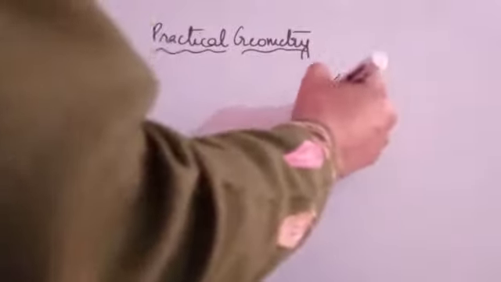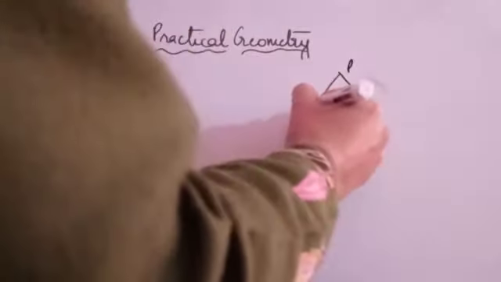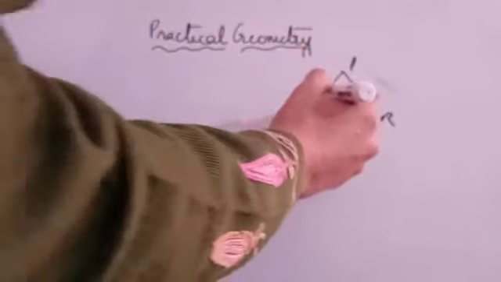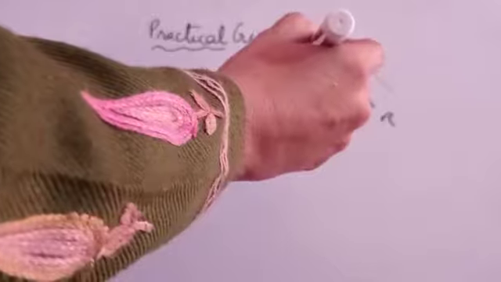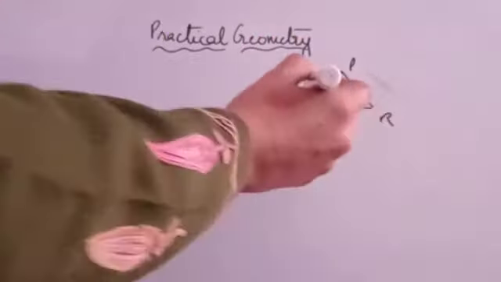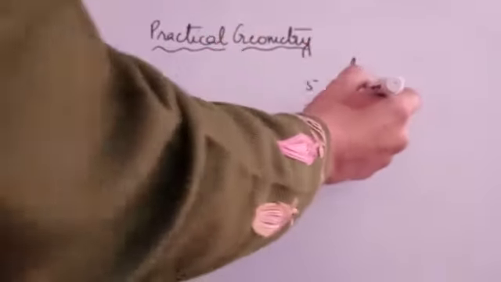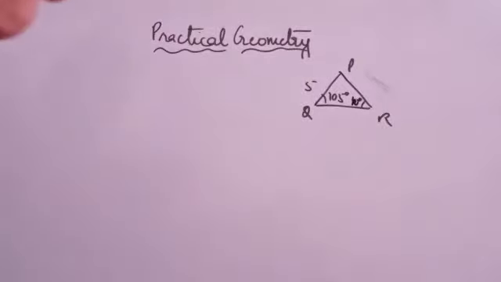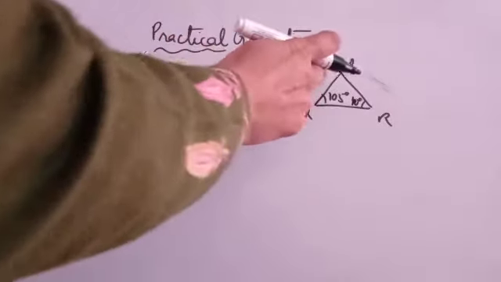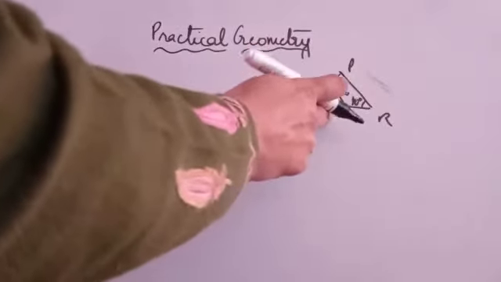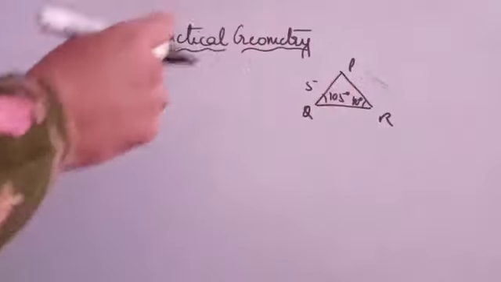Now the next is construct a triangle PQR where PQ is 5, PQR is 105, QRP is 40, and you have to draw this triangle. Now, if you take 5 as the base, the two angles are not given on it. If you take QR as the base, the two angles are given but the base is not given.